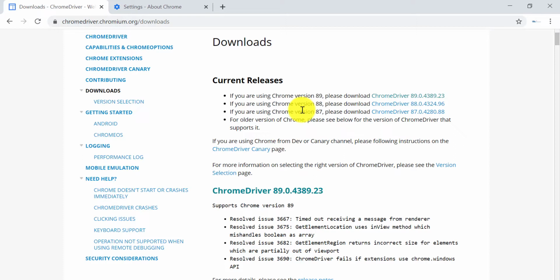This activity of downloading the Chrome driver, checking the Chrome version, downloading the driver again, setting the path or setting environmental variables, we are doing manually every time the browser version changes. And if there are 10 team members in your team, all of them have to perform this activity again and again.